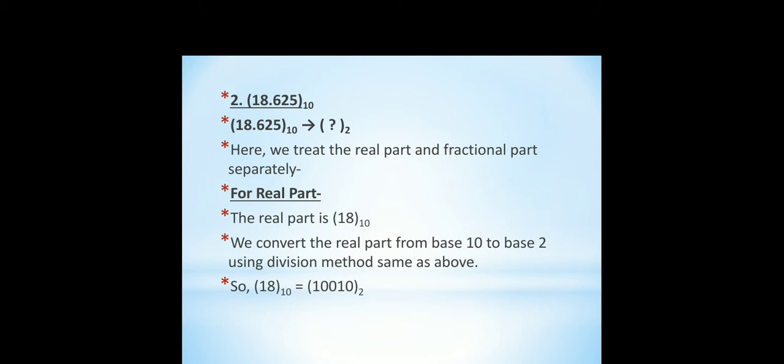the 18 decimal number can be converted into binary by the division by 2 method. Okay, so for the 18.625 example, the 18 conversion process is the same, and the question is for the fractional part 0.625 decimal. Here we have to multiply 0.625 by 2. See how it is converted with the multiplication method.